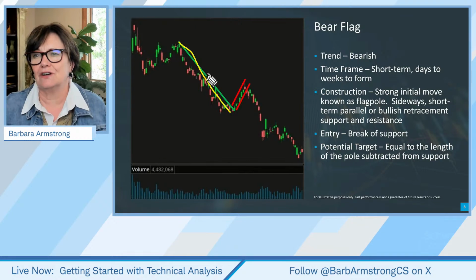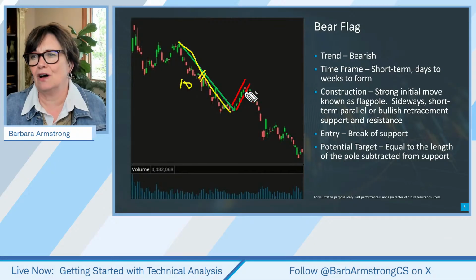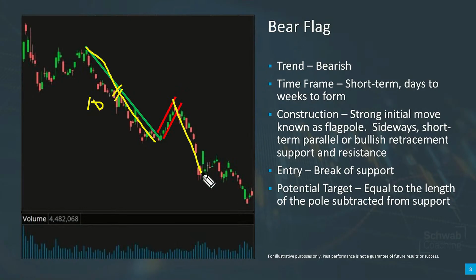So here's our poll. And again, if this is 10 from top to bottom, then the way we might measure the next target is to say, hey, if this goes 10. Now, if this in fact didn't go 10 and then we had this big bullish candle, might we choose to exit the position? Absolutely. But the target would be 10. So that's one target. And then a swing target would be the second one. And in this case it is the previous low before it bounced. So this would be the swing target, if we're looking at targets.